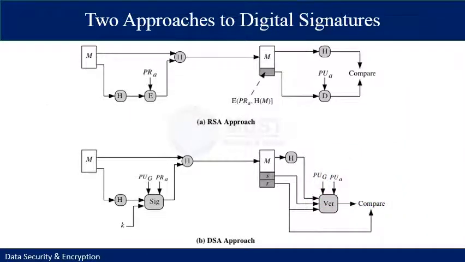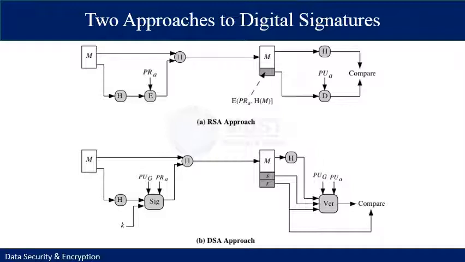So the DSA uses an algorithm that is designed to provide only the digital signature function. Unlike RSA, it cannot be used for encryption or key exchange. Nevertheless, it is a public key scheme. So this figure contrasts two approaches, the DSA approach and the RSA approach, for generating digital signatures that are used